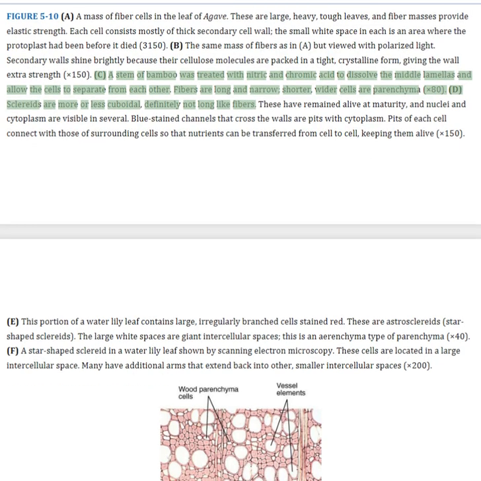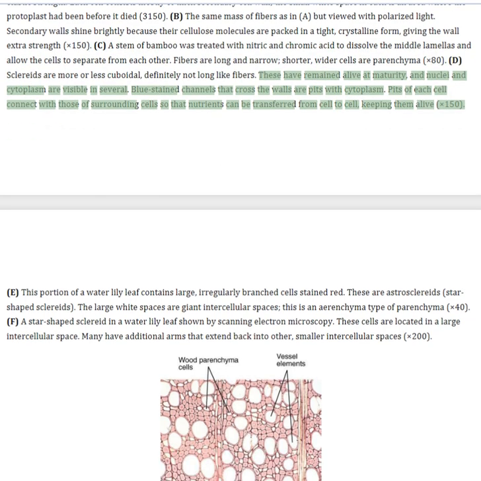A stem of bamboo was treated with nitric and chromic acid to dissolve the middle lamellas and allow the cells to separate from each other. Fibers are long and narrow; shorter, wider cells are parenchyma. Sclerids are more or less cuboidal, definitely not long like fibers. These have remained alive at maturity, and nuclei and cytoplasm are visible in several. Blue-stained channels that cross the walls are pits with cytoplasm. Pits of each cell connect with those of surrounding cells so that nutrients can be transferred from cell to cell,